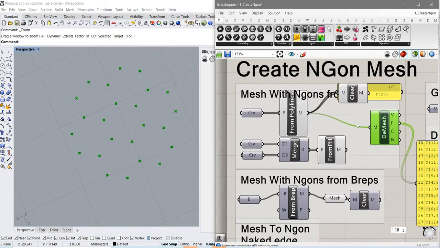So I think this example is only an introduction to NGon and the method for creating NGon through curves, polyline curves, or breps. So this is the first example. Second example,